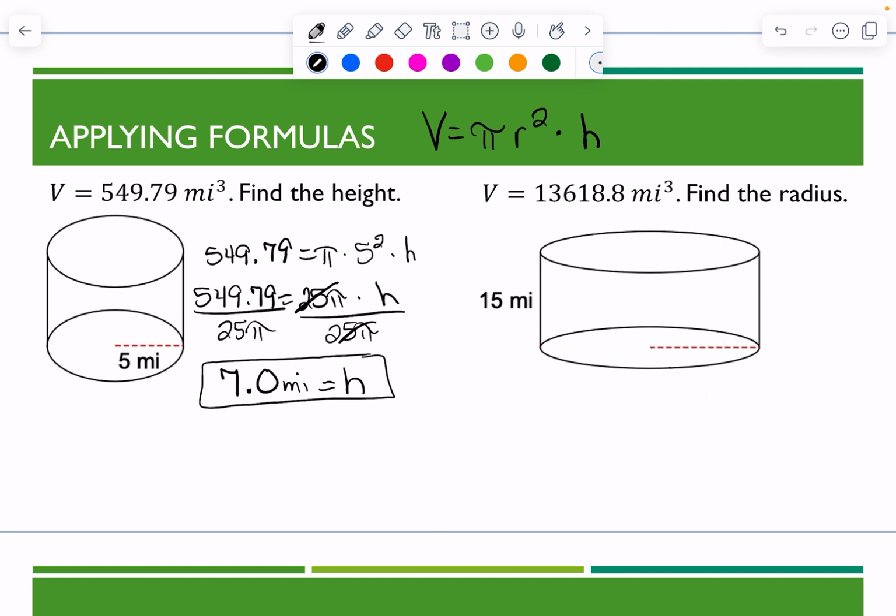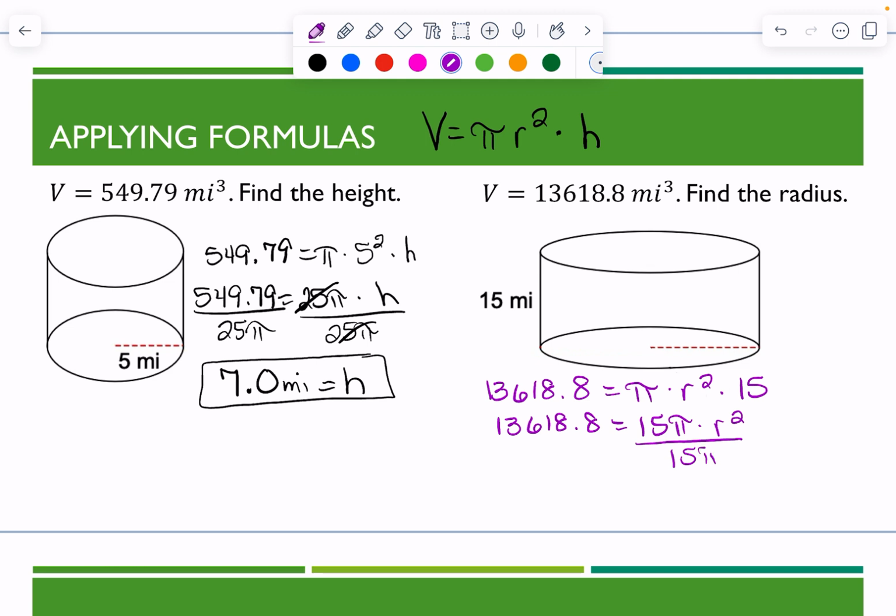On this second cylinder, I know the height is 15 miles. I want to know what the radius is. So again, I'm going to put in the numbers I know. 13,618.8 is equal to pi times radius squared times height. If I condense that down, I get 13,618.8 equals 15 pi times radius squared. So if we divide that by 15 pi, we end up with radius squared is